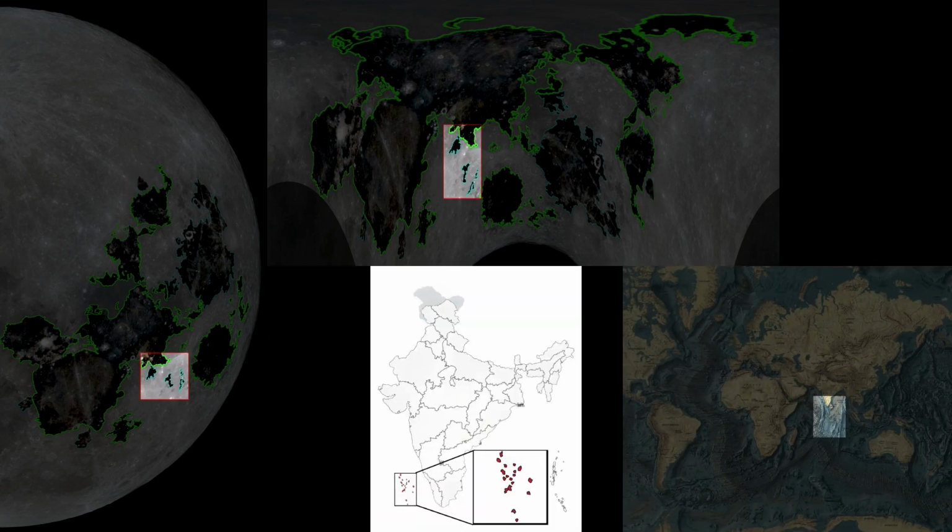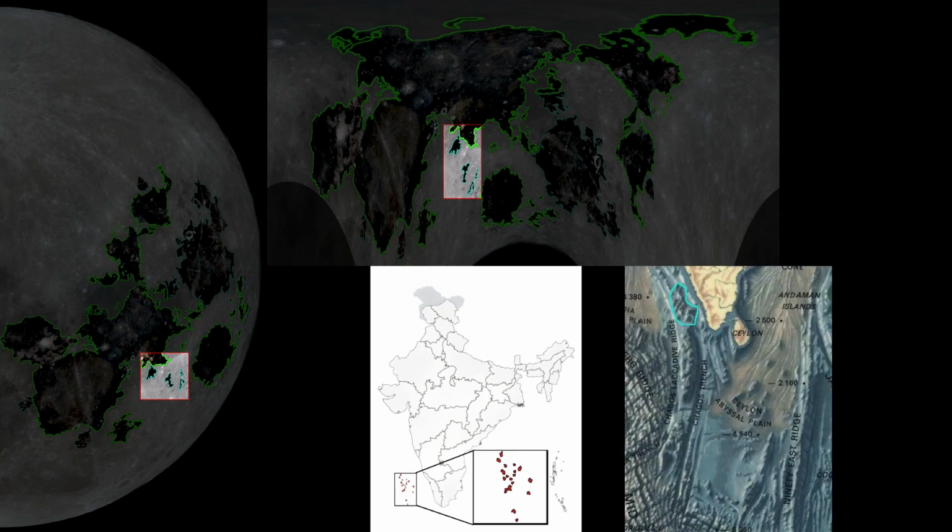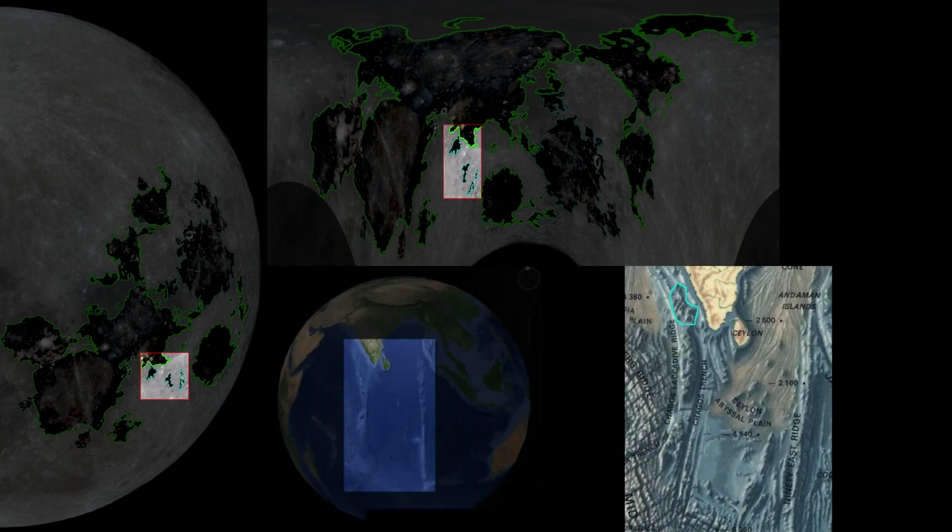120 to 270 miles west of the coast of India's southwestern Malabar coast lie the Lakshadweep Islands, clearly visible on relief maps. 450 miles south of this, along the Chagos Laccadive Ridge, are the Maldives. East of this is the 90 East Ridge, which, unsurprisingly, rides the 90 east longitude.